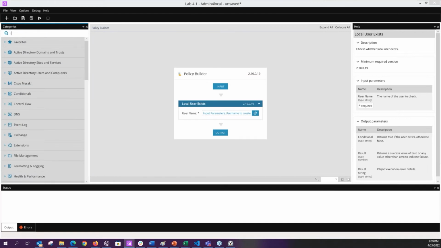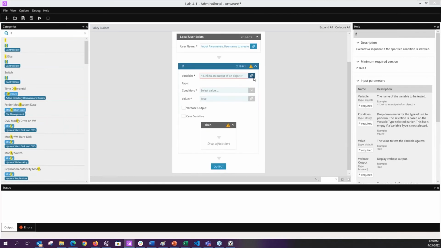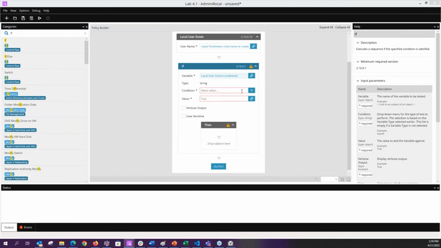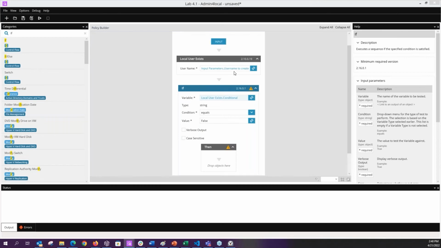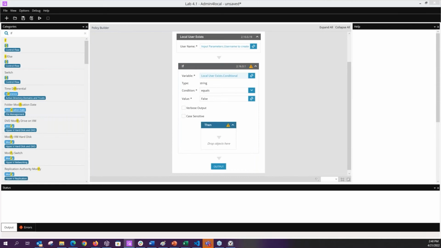If it isn't, if local user conditional equals false, again, you're using this as a condition to see if admin for local is there, and if it's not, we're going to do something, right? We're going to simply